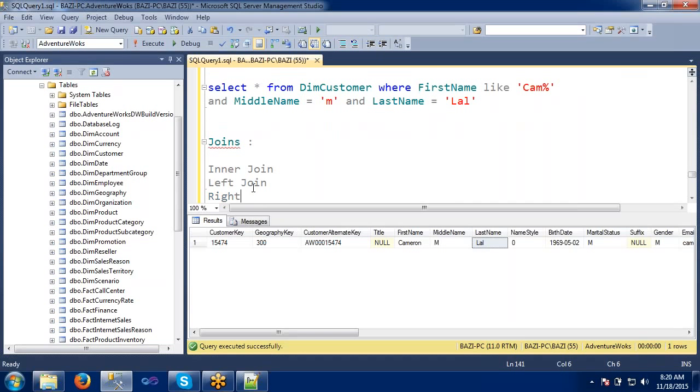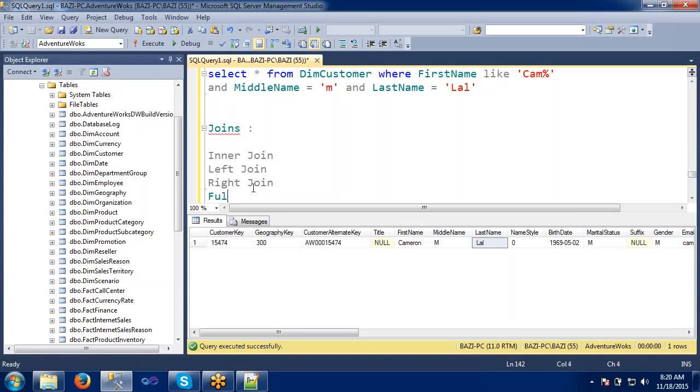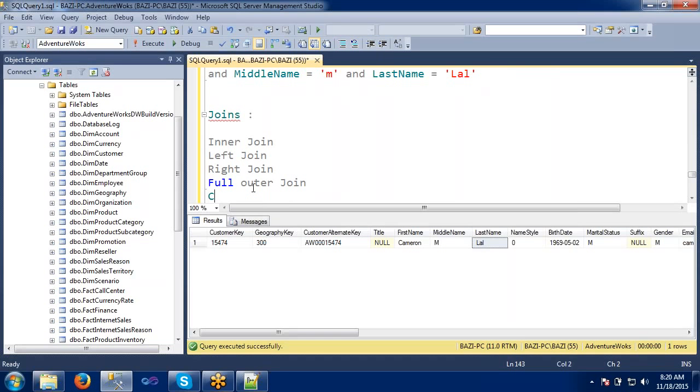Next one is right join. Next one is full outer join. And we have one more called cross join. So these are the five types of joins we will be using in real time or anywhere generally.